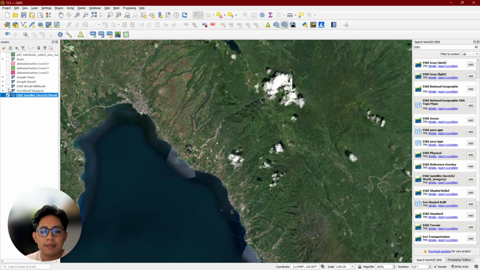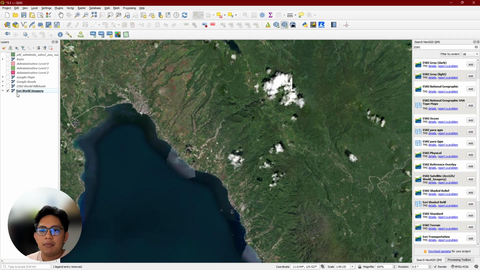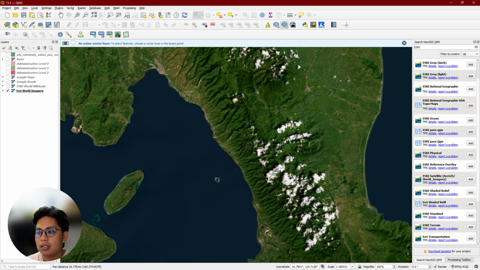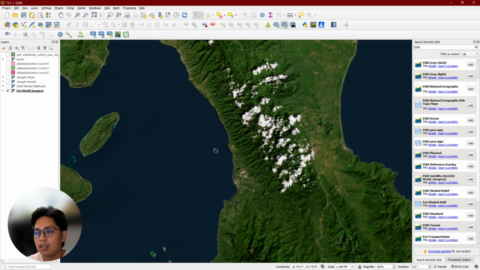It's normal. But in my app, I usually use ESRI World Imagery. I find it to be much better, in my opinion.